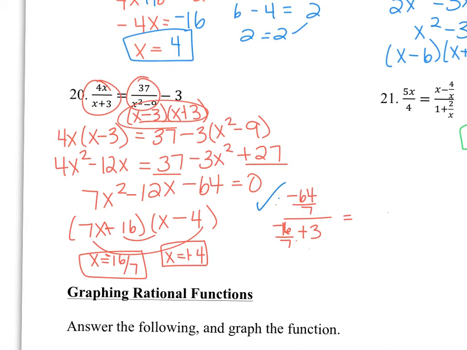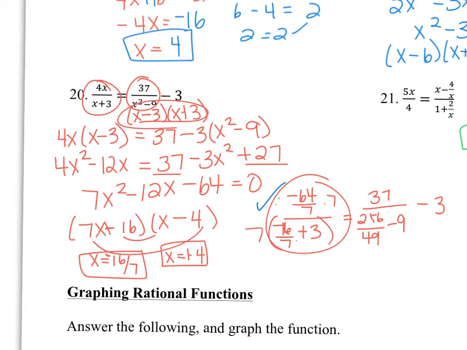equals some ugly number, 37 over 16 squared, 256 over 49 minus 9 minus 3. Woo! So if I take this and I multiply the top by 7 and I multiply this whole bottom by 7, I have negative 64 on the top over negative 16 plus 21, because I have to distribute this inside. So now I have